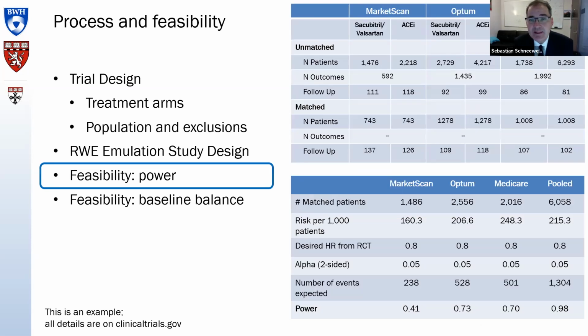We had 2 feasibility studies built in, and if we were not satisfied at any of these points, we would stop the process and say we're not going forward with the emulation of this randomized trial, because we don't feel comfortable that we can ever come to something that is close to an emulation. Power is one of the checks. We expected a statistical power as high as that of the randomized control trials, given the observed point estimate in the trial. Reminder that in the 30 replications, we knew the results already, so we used that for our power calculation.